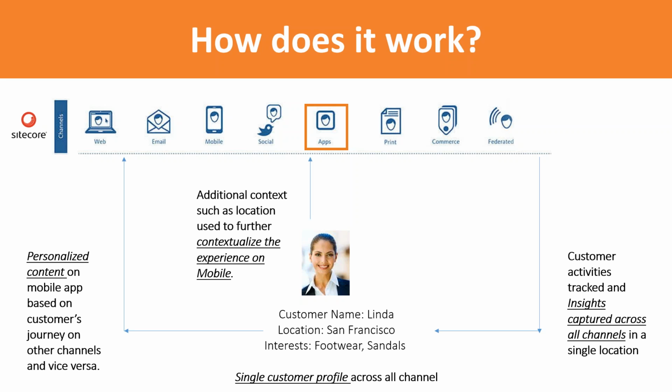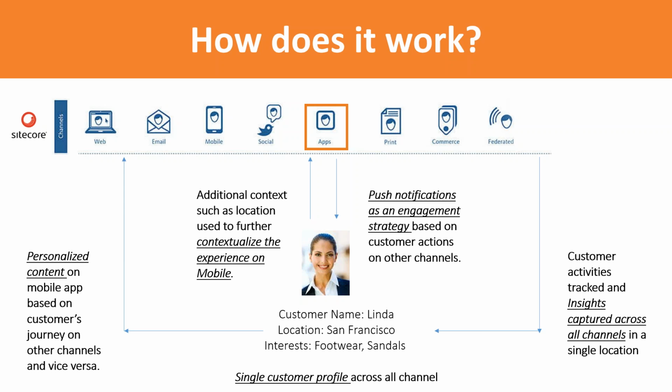But the experience does not stop here. What mobile apps do additionally is provide that additional context, such as location, which is used to further contextualize the experience on mobile. And it can also provide push notifications as an engagement strategy based on customer actions on other channels. Now, if you relook at the example that I talked about in the beginning,